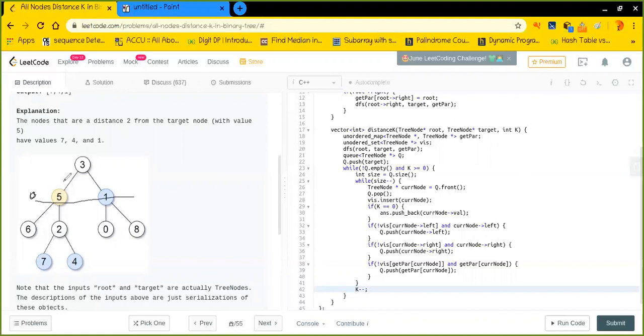So this particular node is present at level 1, you can tell that. Let me clear. Okay, let's say this is at level 0. So this node is at level 1. This node is also at level 1, right? And these nodes are at level 2. Similarly, this node is at level 2, and these are at level 3. Are you getting the thing?